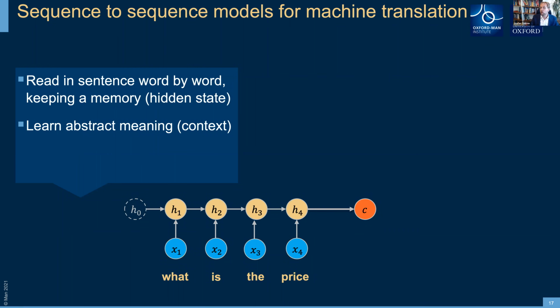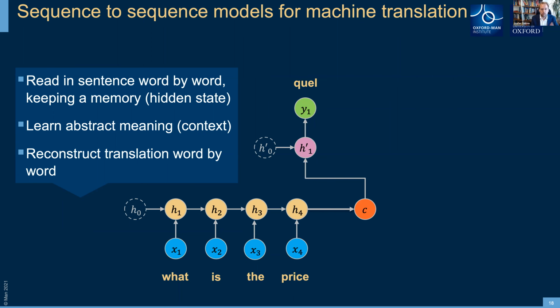I'm just assuming you have already trained it. We will talk in a little bit about how to train it. But once you've trained it, you read in the sentence, the model builds up this abstract meaning, which is the context vector. And then from this abstract meaning, it tries to infer the translation word by word.